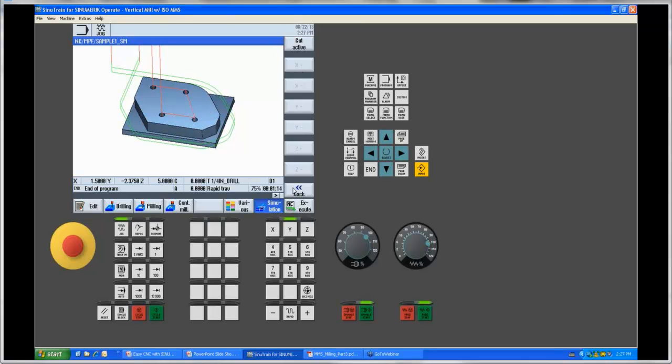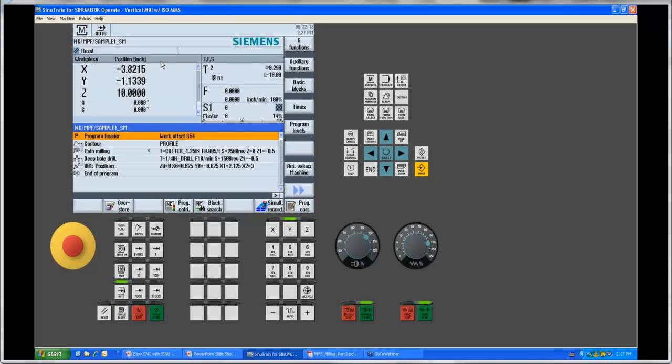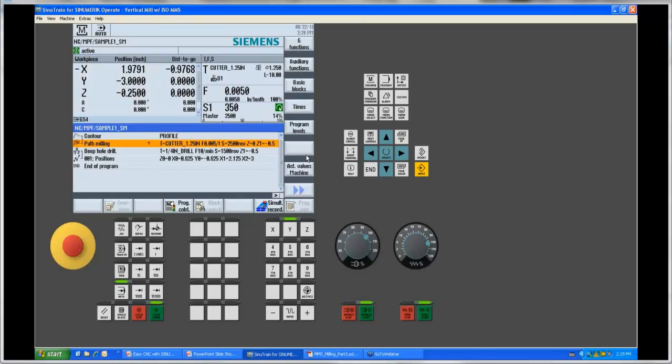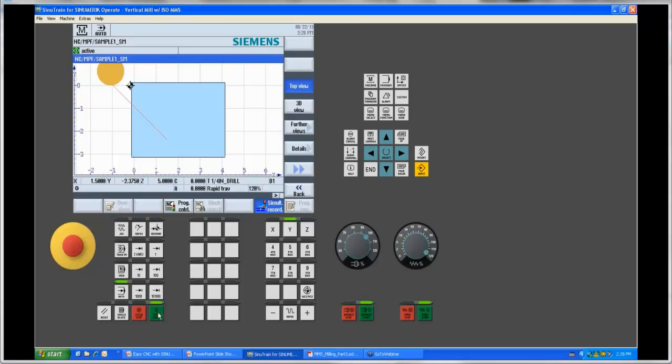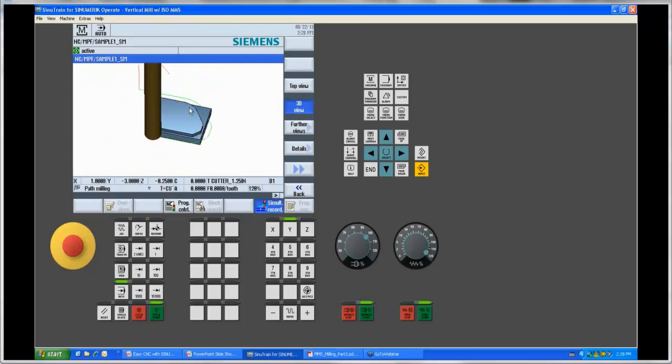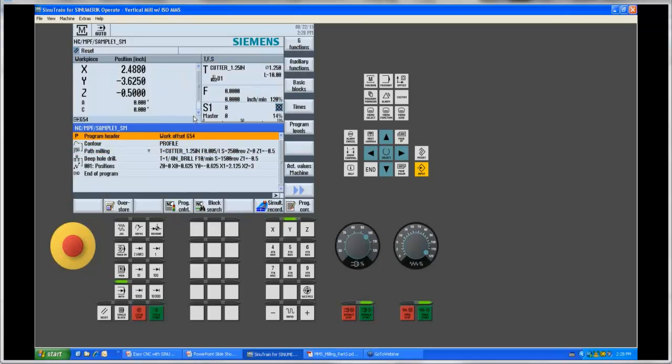So this is how I would handle a job like this if I was doing it conversationally. From there, if I was ready to, I could simply hit the execute button, brings me over to auto mode, I can select cycle start, now the machine would run as if it was physically making the part. We have an option here, I can bring on what's called a simultaneous record, so I could have turned on our graphics and then ran it, and then I would see live while it's cutting in 3D as well. All right, so that would be our first scenario